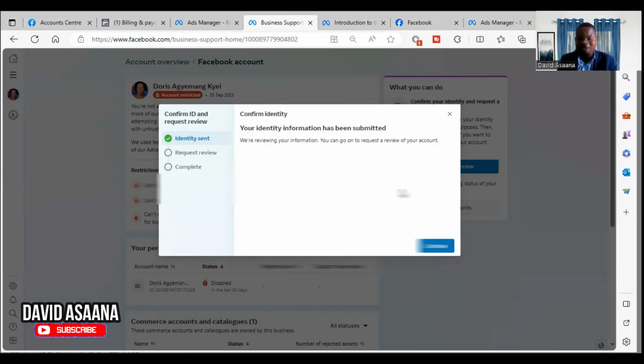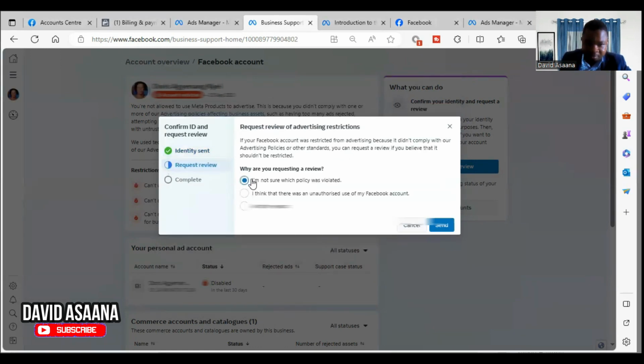Like, they didn't ask for the ID card. In some cases, they will ask for your ID card. In some cases, they may not ask. They may ask for your picture. Then after that, they are asking us to continue to request for review. So I've written a letter which